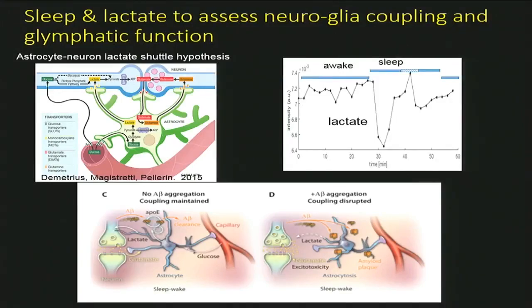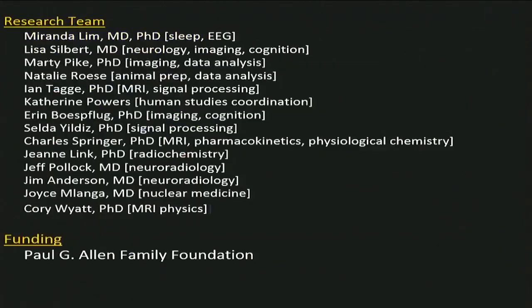So this is one biomarker. We have a number of others that are a little bit noisier that we've done a lot of development work on, and we're collecting data with now. And so it's very exciting to investigate these measures and to start to see some of these results. But one of the best